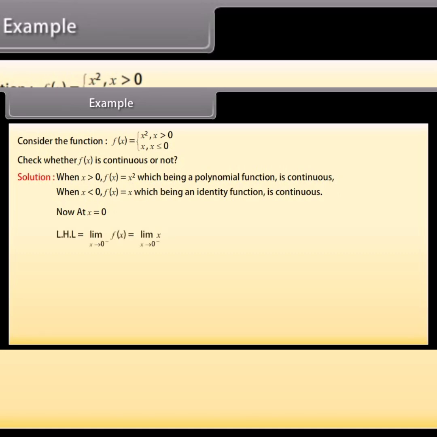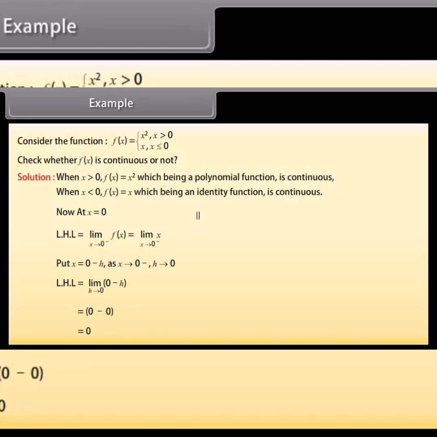Left-hand limit. Limit x approaches 0 minus of f of x is equal to limit x approaches 0 minus of x. Put x is equal to 0 minus h, as x approaches 0 minus, h approaches 0. Left-hand limit is equal to limit h approaches 0 of 0 minus h, is equal to 0 minus 0, is